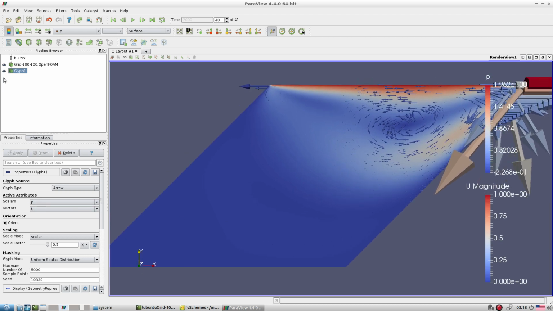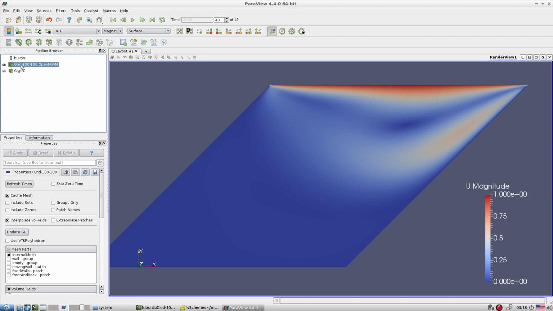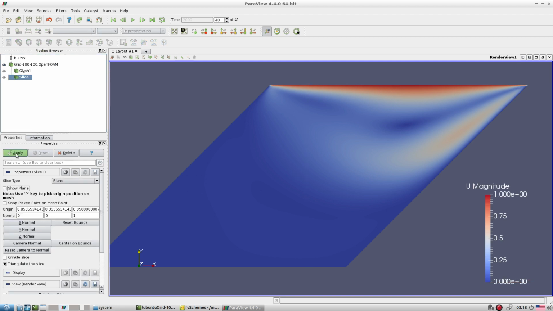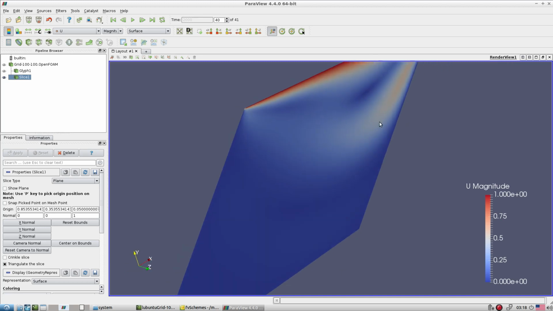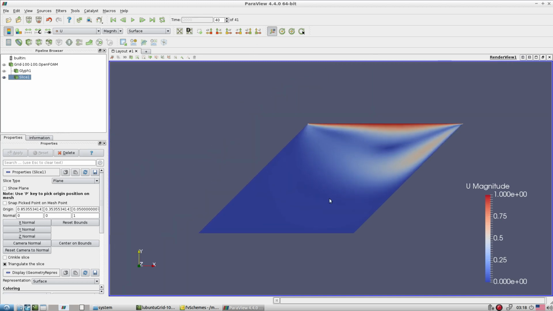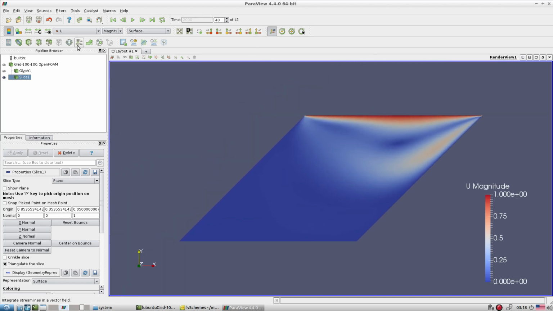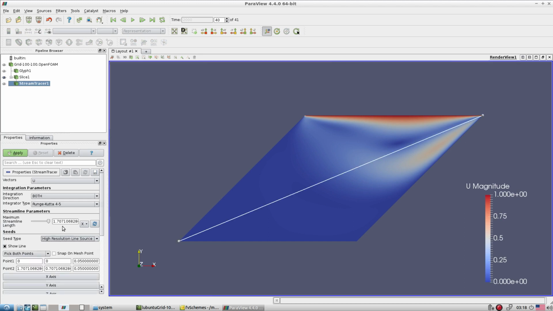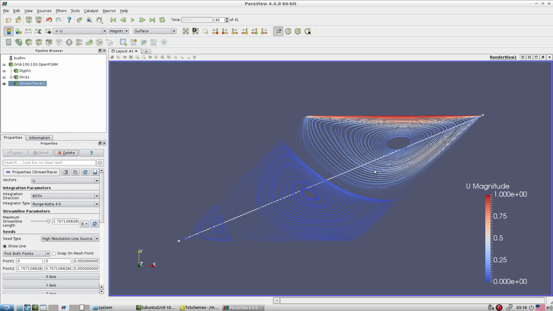Along with that, let's say you want to see the streamline plots. For that I suggest first creating a slice. So Z normal, this is the slice. This is what we required, and on this slice let's look at the streamlines. The source is the high resolution line, and you will see very nice vortices that are developed because the top wall is moving.